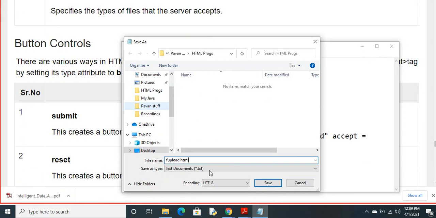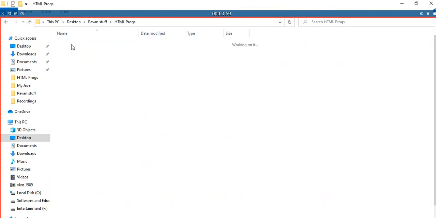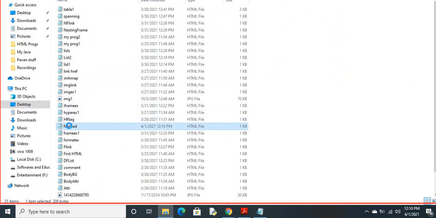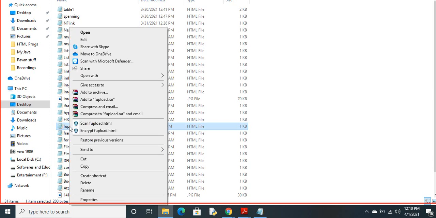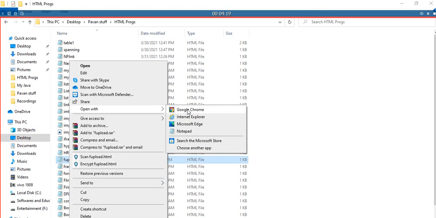This is the file name I am giving here. Now in HTML programs, f upload, right click, open with browser Google Chrome.